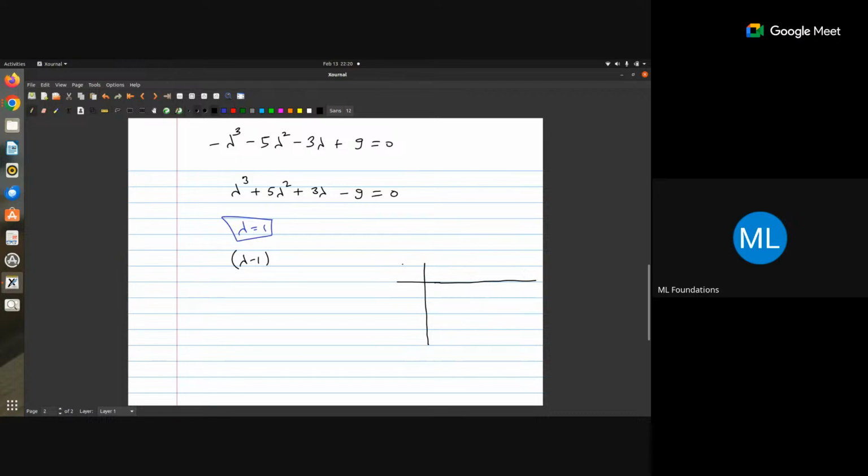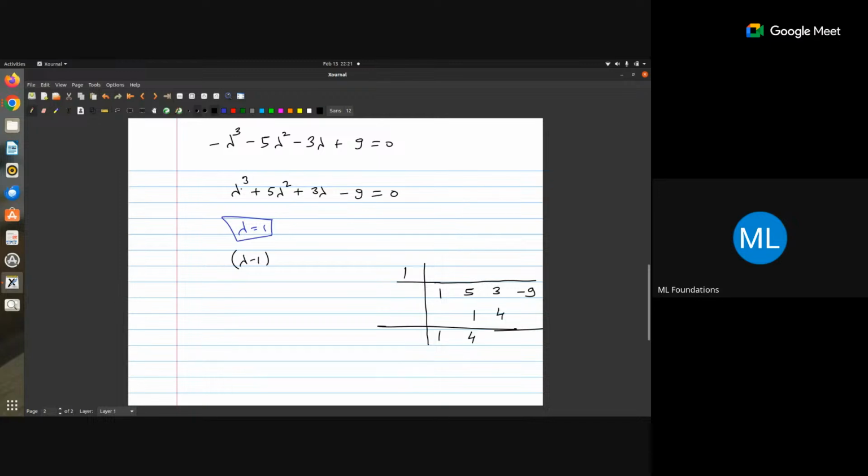But okay, I'll show you anyway how to solve it, so that I can tell you better. So we are saying that 1 is its solution. What are the coefficients? 1, 5, 3, and -9. So 1, I will keep it as it is. So 5 plus 1, 4. Here it is 4. 3 plus 4 is